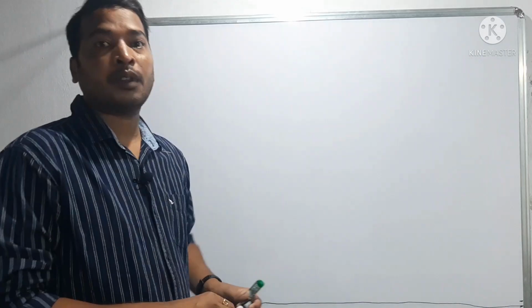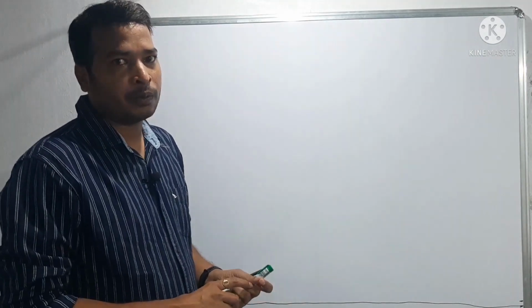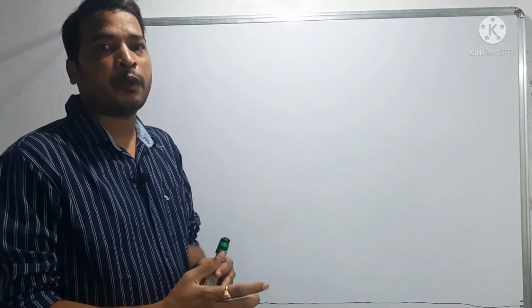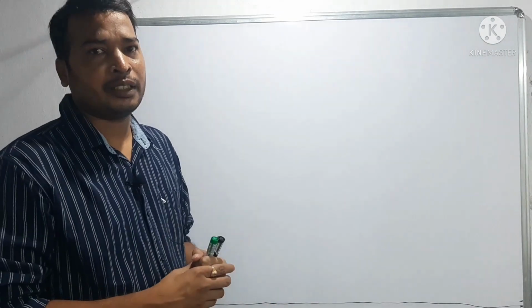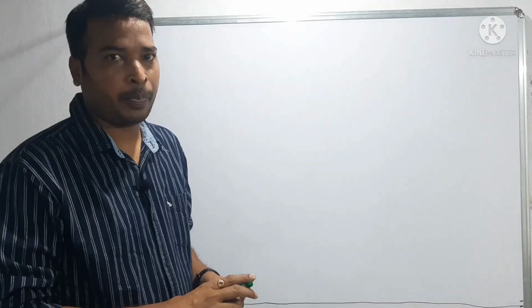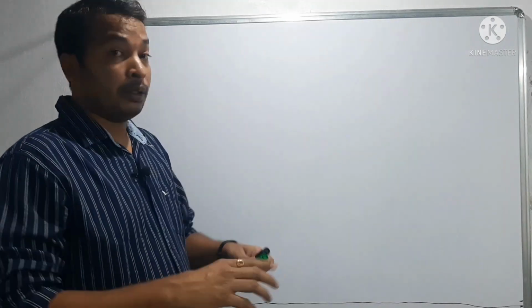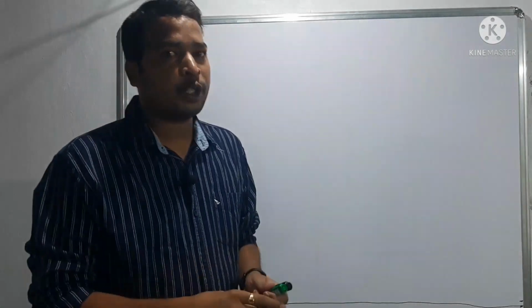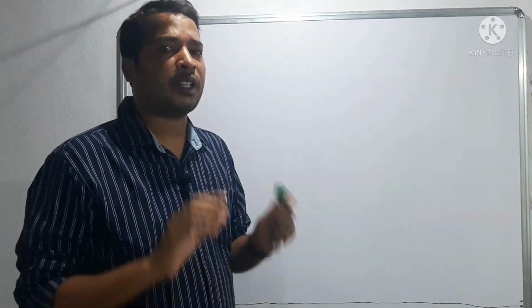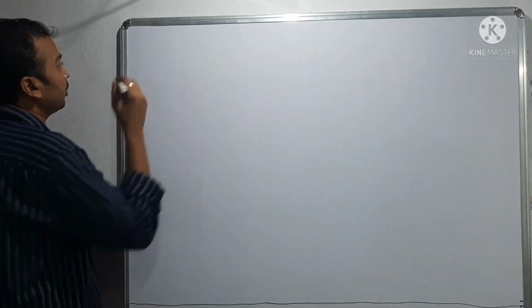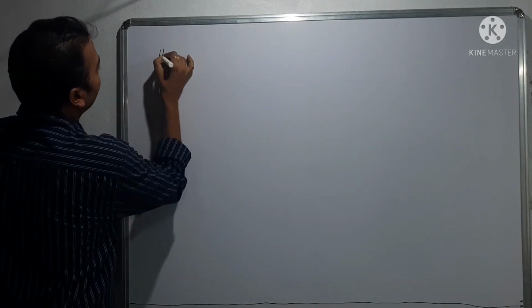So here in our previous video we already discussed the easy way to find out hybridizations of molecules. Today we are going to write structures for molecules. If we want to write the structures of a molecule, we definitely need to know the hybridization of that molecule. So here I am first of all taking that hybridization,